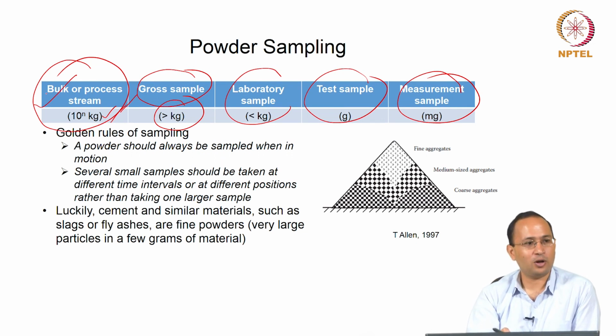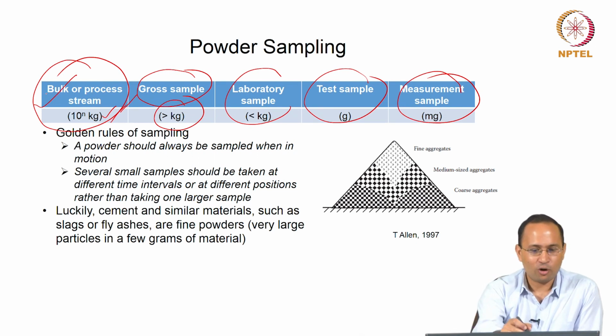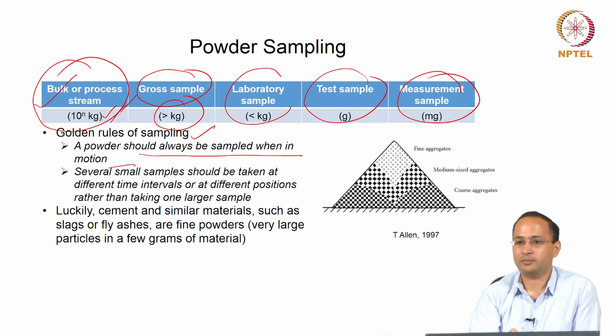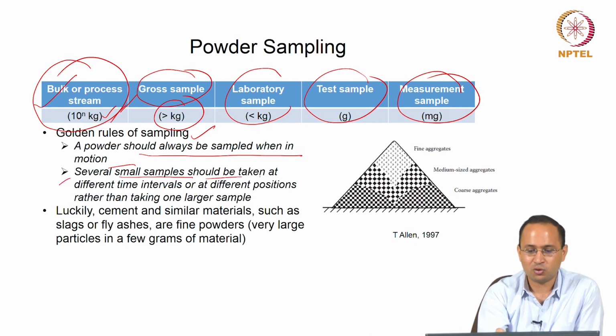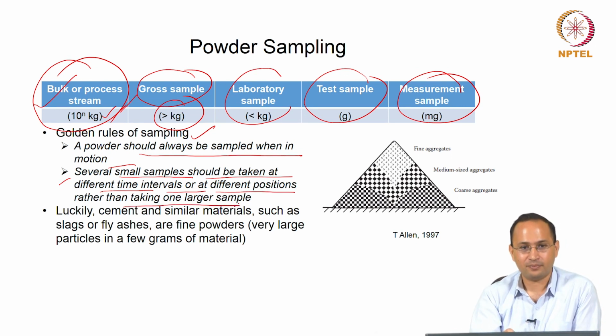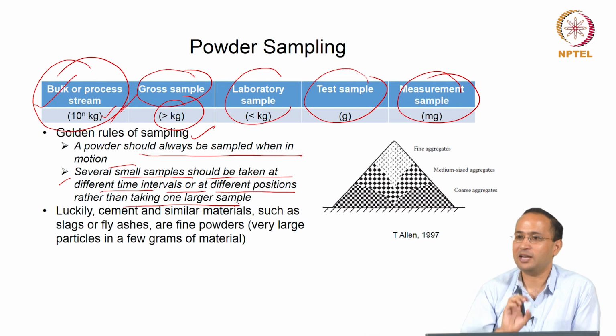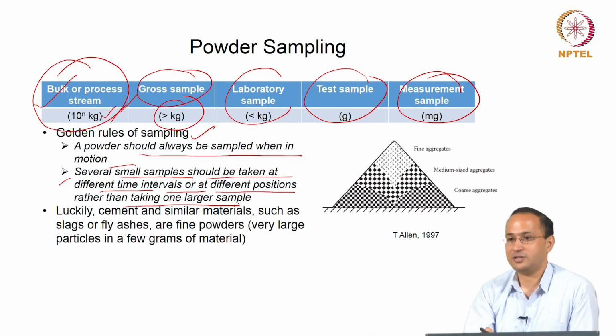For that, we have to follow some rules of sampling. These are called the golden rules of sampling. A powder should always be sampled when in motion. That is the first rule. Second rule, several small samples should be taken at different time intervals or at different positions rather than taking one large sample. You understand? So, these are two rules of sampling